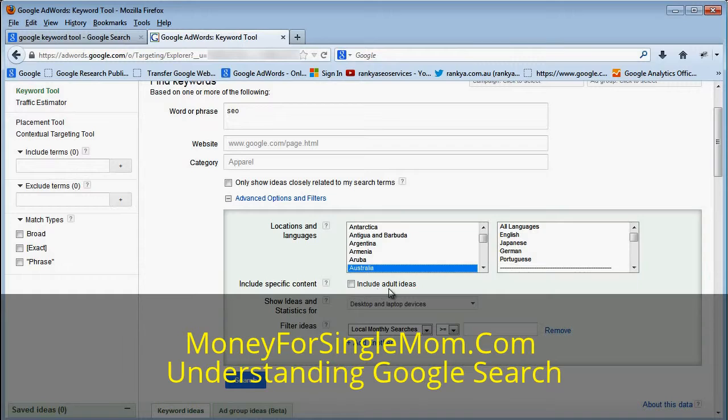Now we've got include adult ideas. No, we don't want to include that. And we also have an option here. This is very important as well. Okay, by default it shows results coming from desktop and laptop devices. Now we also have a mobile devices option here. You can surely choose that, especially if you have a mobile website, and also if you offer services that